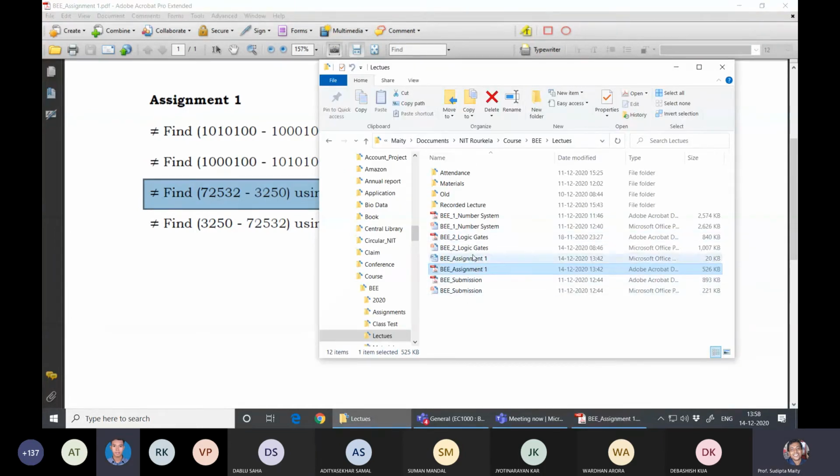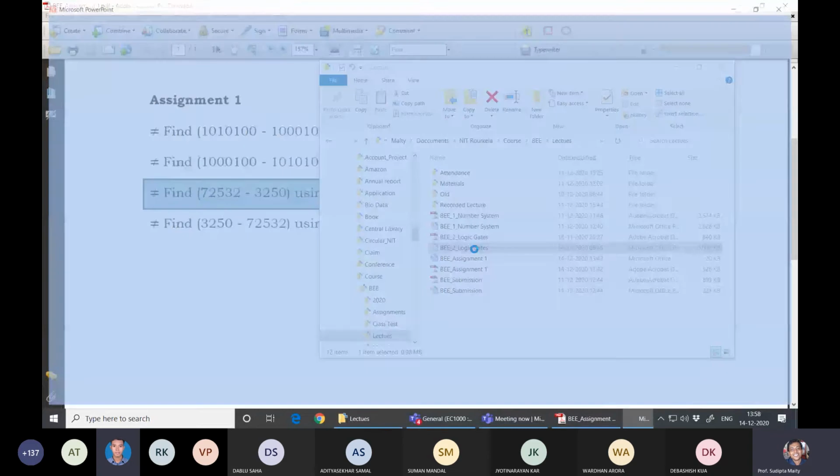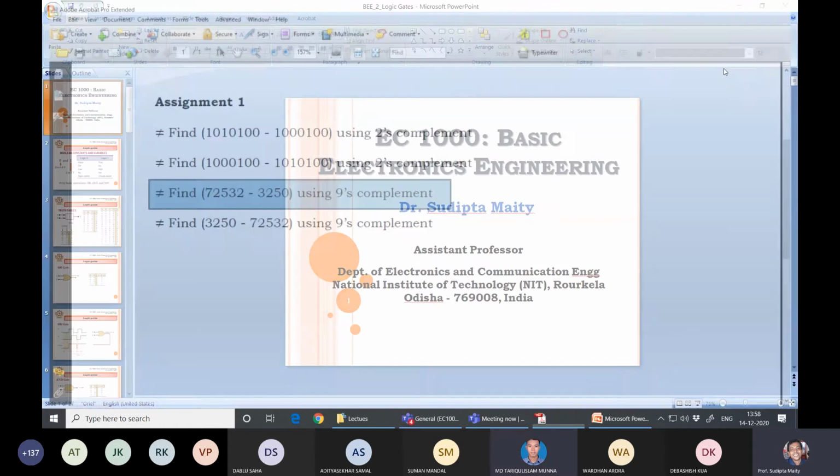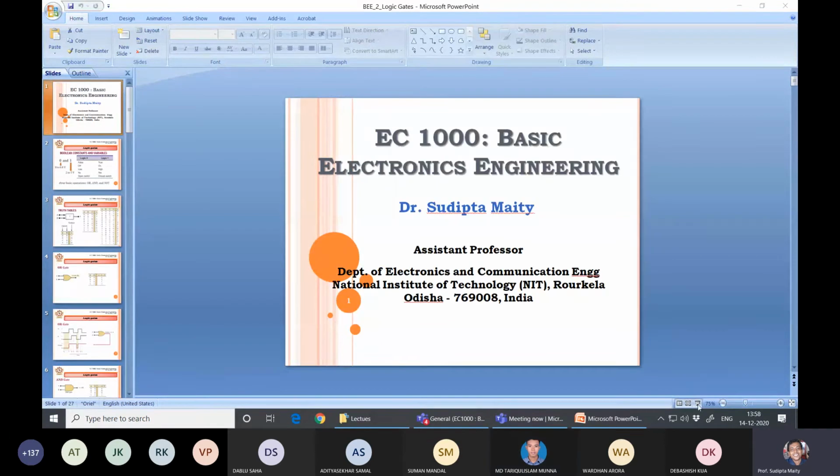Excuse me, sir, I have a doubt. Yes, what is your doubt? Sir, after completing the assignment, I have to merge all the pages into one PDF, am I right? Otherwise, if you have 4 files, there should be 4 file names, na? Yes, sir. Because I am telling you to give only one file name. So that's why you have to merge it. Very simple.